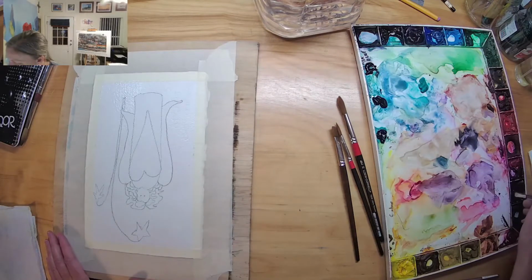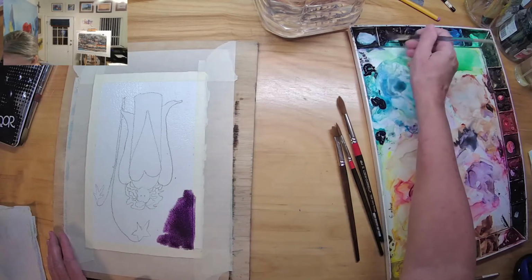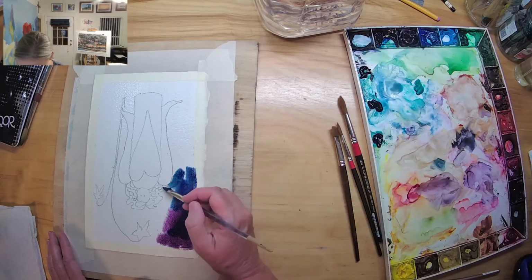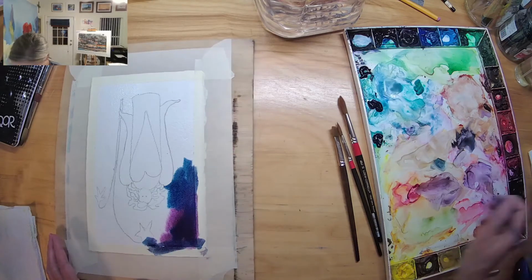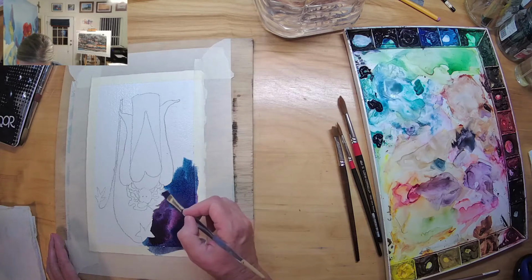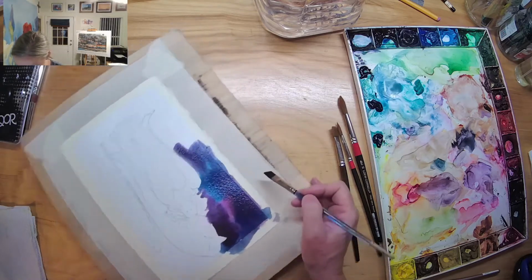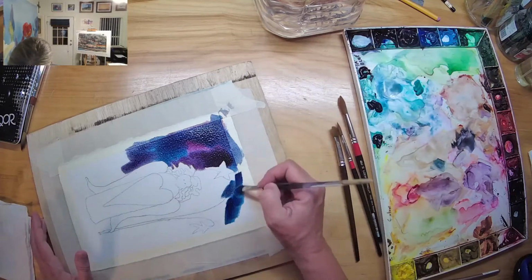Now I'm going to just start putting some real dark, pretty color in. I've got some purpley violet color, and then I'm going to put in some phthalo blue, and I've got some ultramarine blue, and I've got some... I think it's perylene violet. It might be perylene maroon. No, I think it's perylene violet mixed with some Winsor violet and that phthalo blue, and I'm just putting